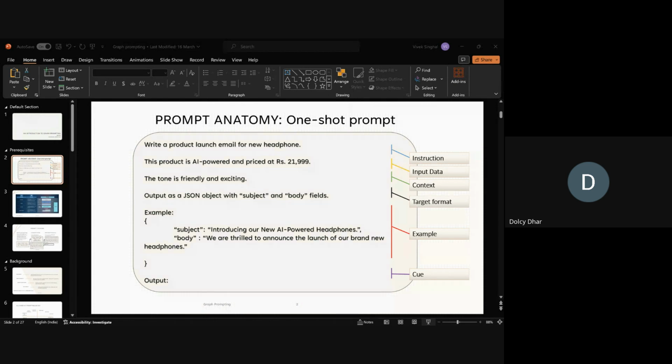Like I mentioned, prompt engineering has made it easier for us to talk to these large language models, but because it's a computational model, a discrete model based on certain mathematical calculations and formulas, you have to be very clear and very specific in laying out what you want the LLM to do. So this is how a prompt